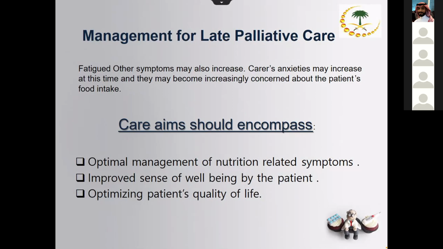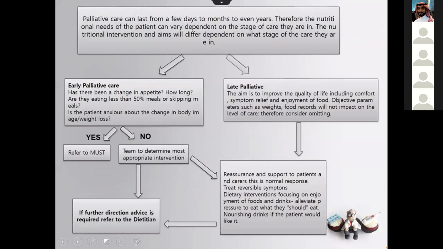Our care should aim to encompass optimal management of nutrition-related symptoms, an improved sense of well-being for the patients, and optimization of the patient's quality of life. So we can summarize this care plan for palliative care nutrition management